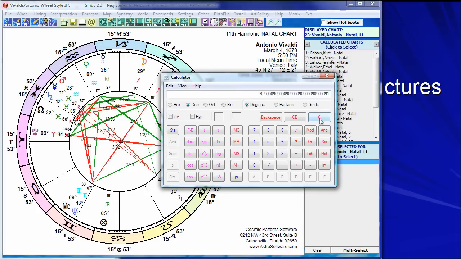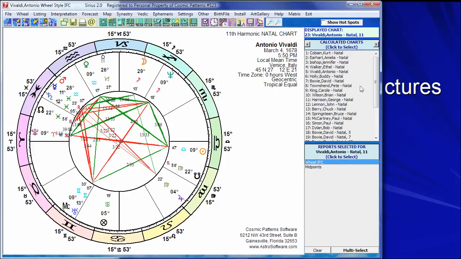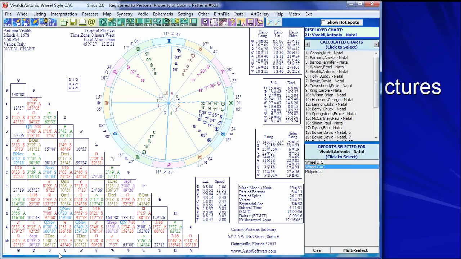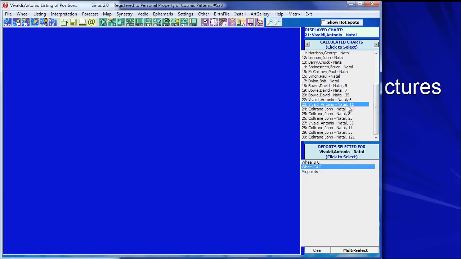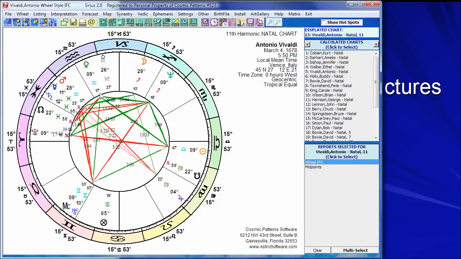13/66, if I bring up a calculator and take 13 divided by 66 and multiply by 360, it's 70.9 degrees. If I convert that to degrees and minutes, it's 70 degrees 54 minutes. Remember, going back to Vivaldi's natal chart, when I pull up this wheel with the aspect grid, Venus to Pluto is 70 degrees 54 minutes, Venus to Neptune, 70 degrees 54 minutes. It ends up that 70 degrees 54 minutes is a very special angle because it is a 66th harmonic, an 11 times 6 harmonic,